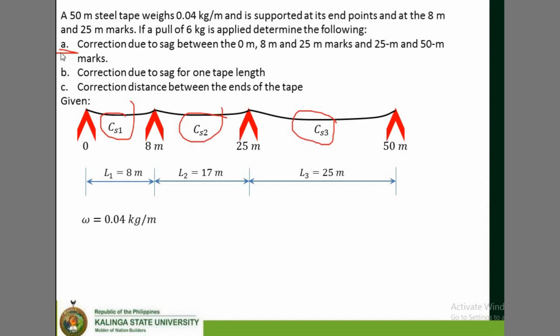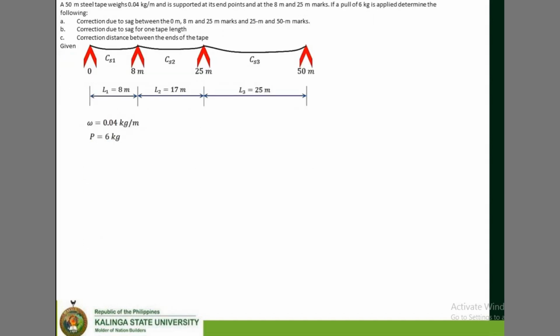So, what are the other givens? We have the omega, or the per unit weight of a 50 meter tape. And we have the pull applied, that is 6 kilograms. Okay, so those are the givens. Let's try to solve this problem. For part A,